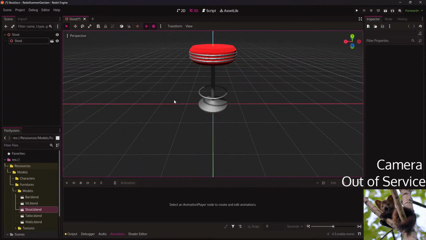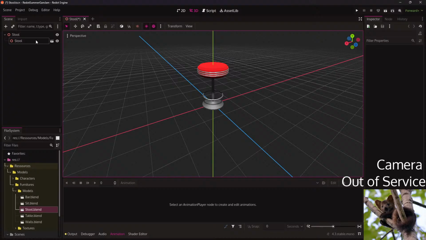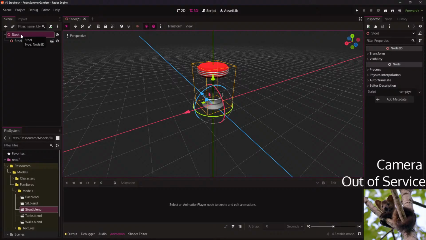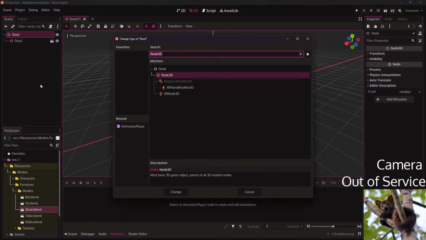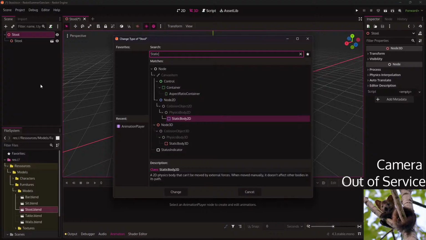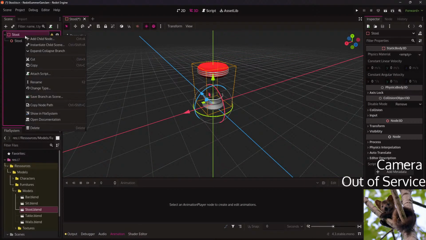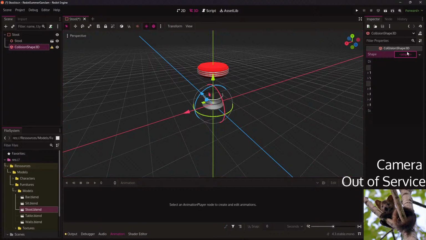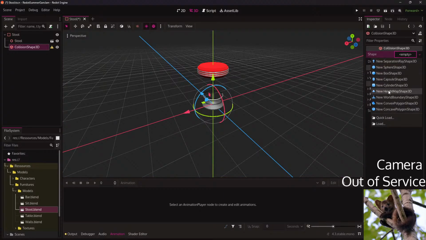Okay, so here we have this tool, and I should probably add a collision shape. I'm not sure. What if I make this a static object? Like a cylinder would fit.